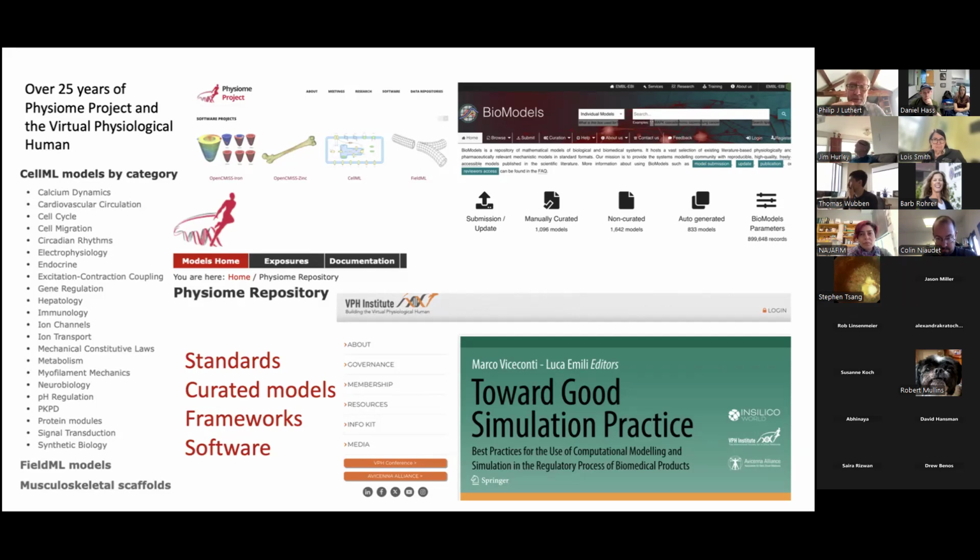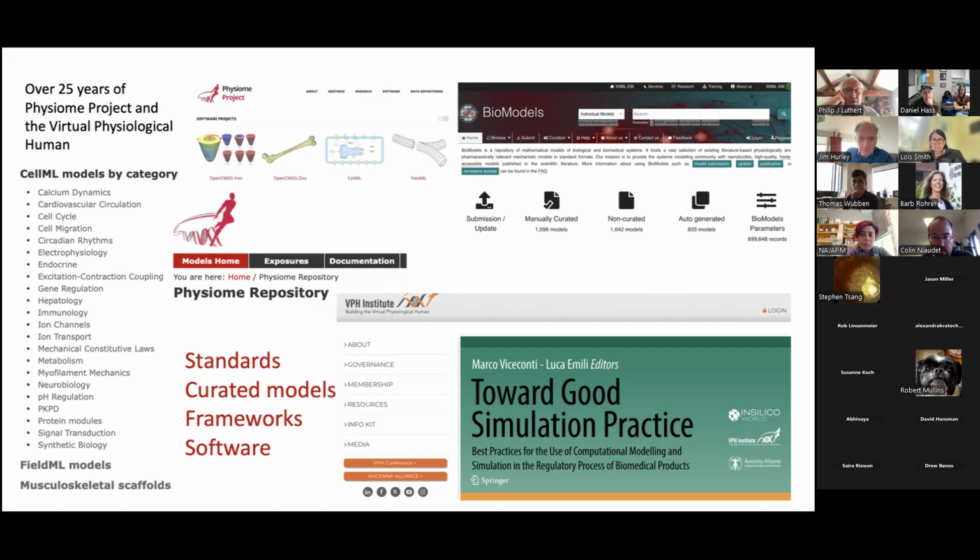But there's also been the production of model repositories that you can just dip into and play with the models. And in many instances, the hosts of the repositories have done a great job of curating the models to make sure that they actually do produce what the papers say they produce. This sometimes includes adding physical units, and we'll come back to that.